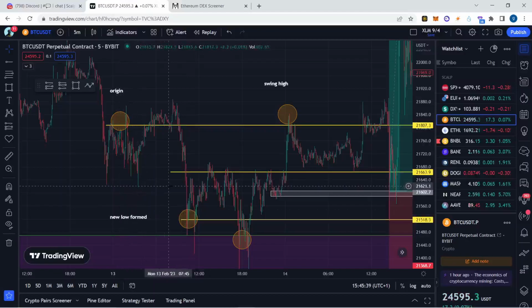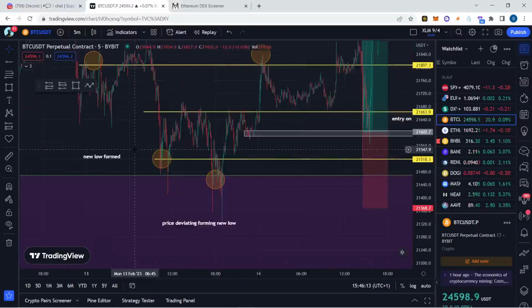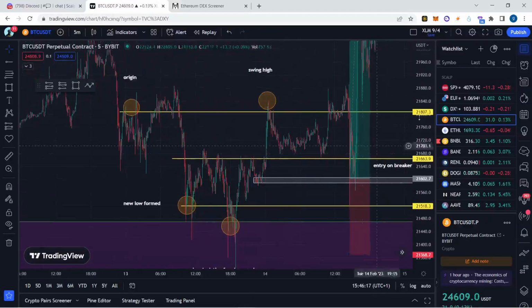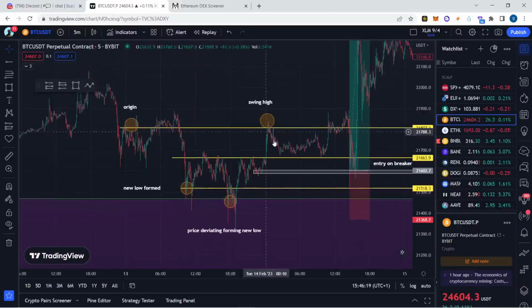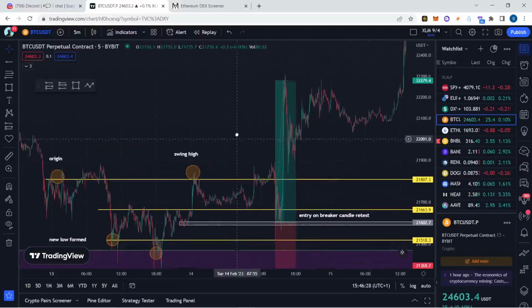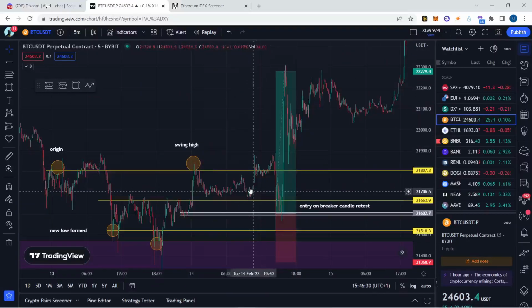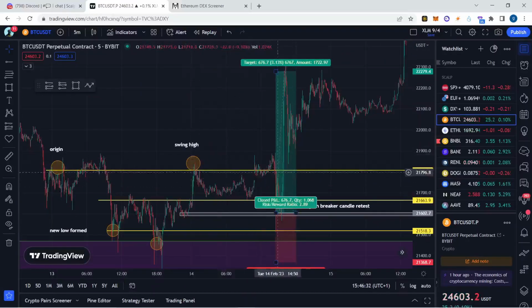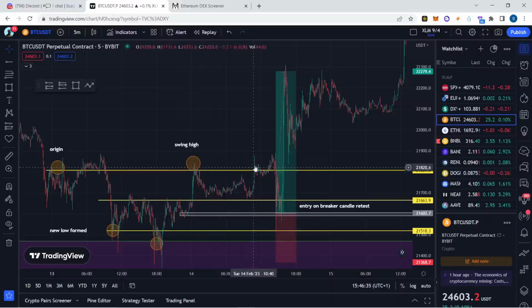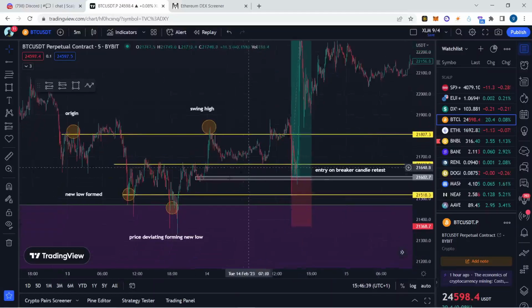We have a break of structure here, it forms a new low, then we have a new low deviating from the previous low. From here what we want to see is a swing high touching the point of origin, or this zone. Mind that it doesn't need to be perfect and it won't be. And then we want to see a slow rise breaking this level, like here,